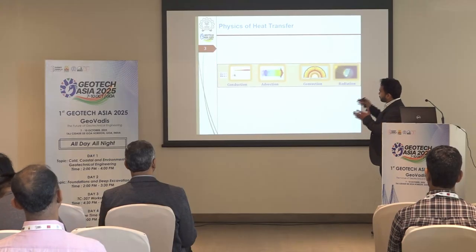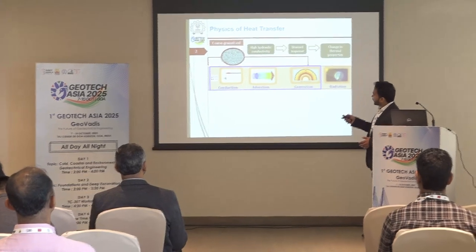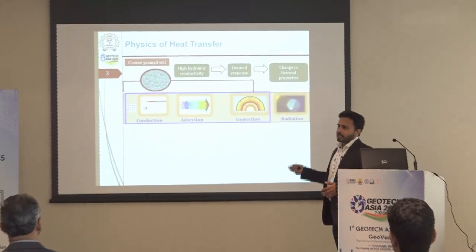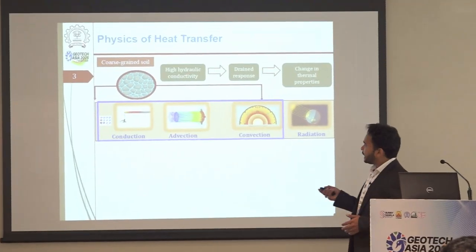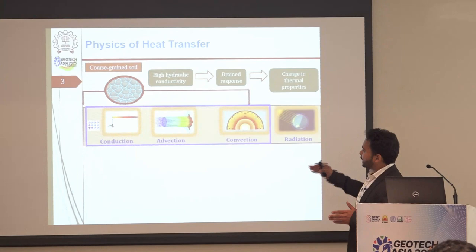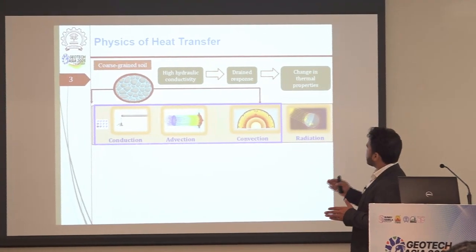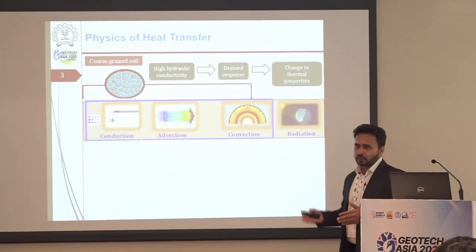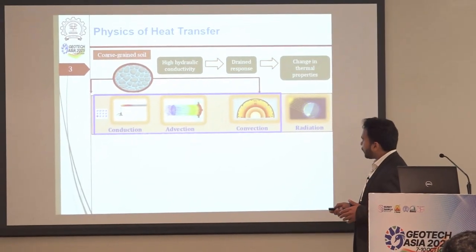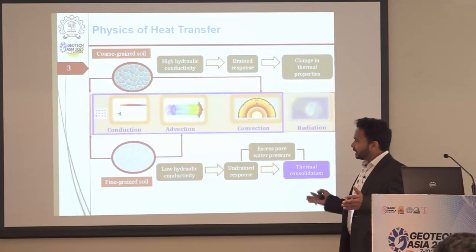So how do these processes influence the soil? If we discuss coarse grained soil, consider either pebble or coarse grained sand, how does heat transfer influence coarse grained soil? If you have very high hydraulic conductivity, it will be a drained process and it will change the thermal property of the soil. In terms of fine grained soil, it does not have a high hydraulic conductivity, very low hydraulic